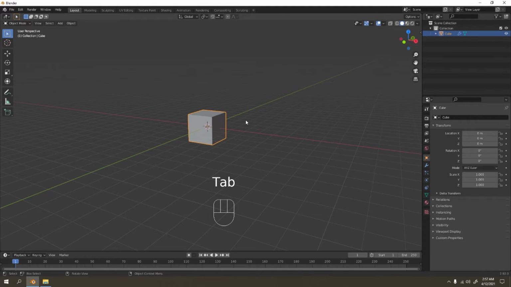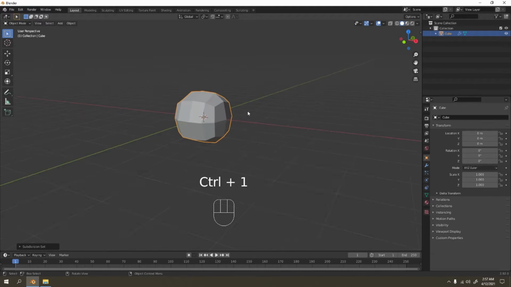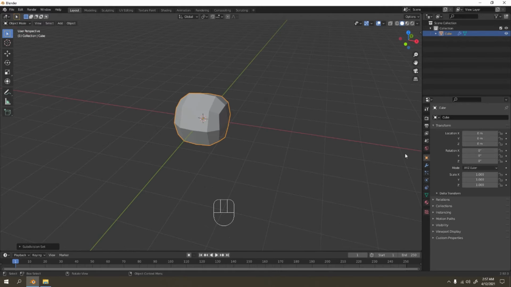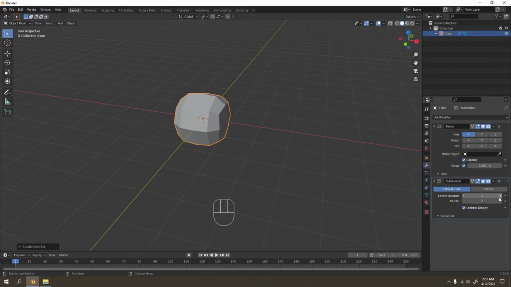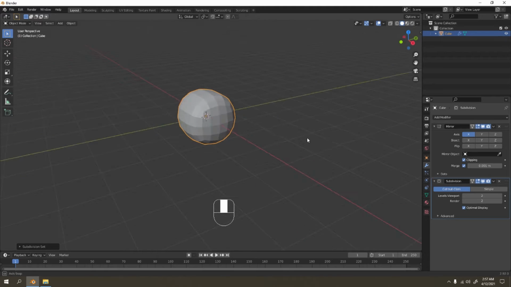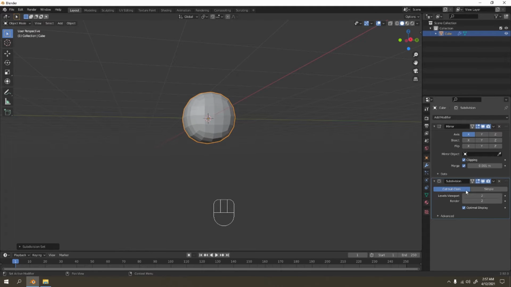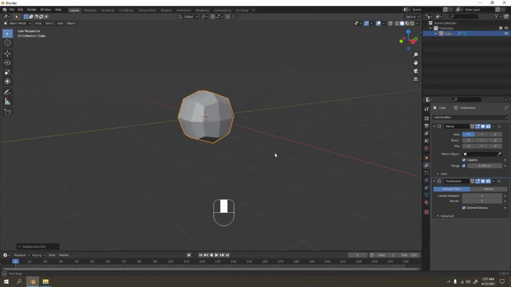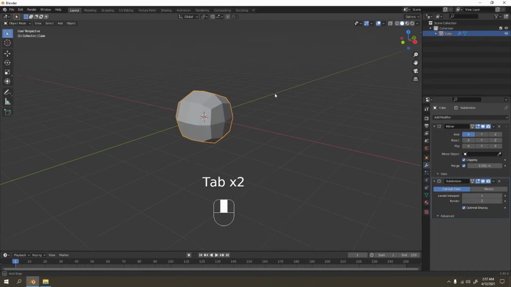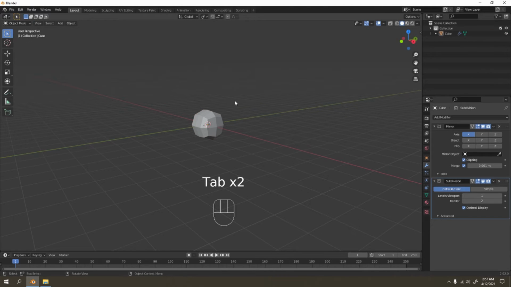I'm gonna press Control 1, and that should look low poly. If you want it even lower poly, increase it to 2, which is completely up to you, how you want it. Okay, I'm gonna go with 1. So that's gonna be the body, and